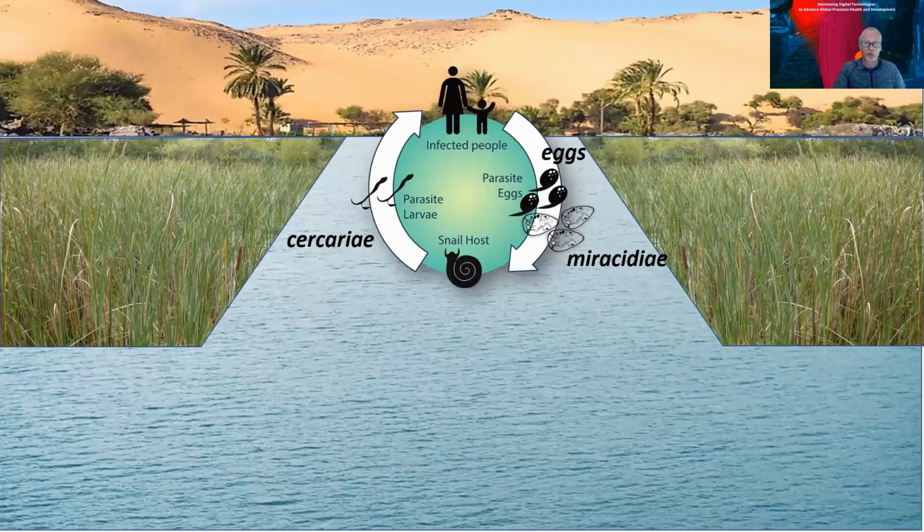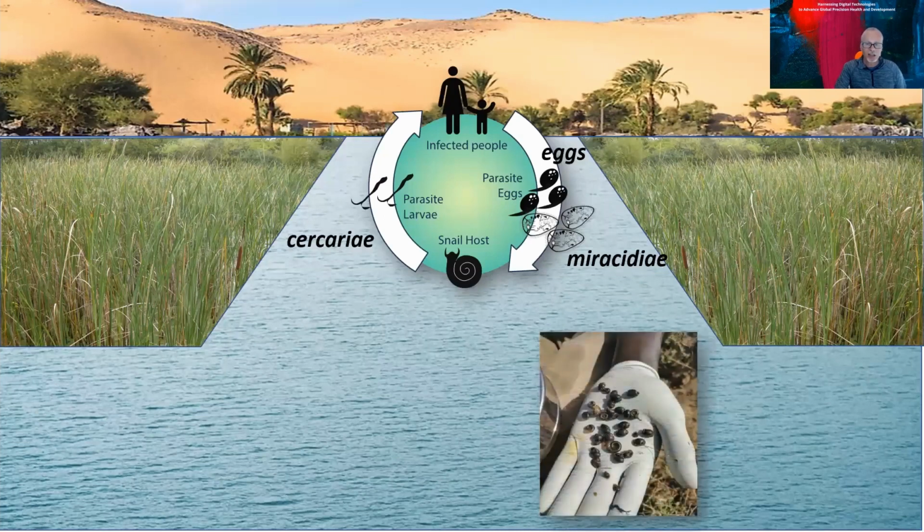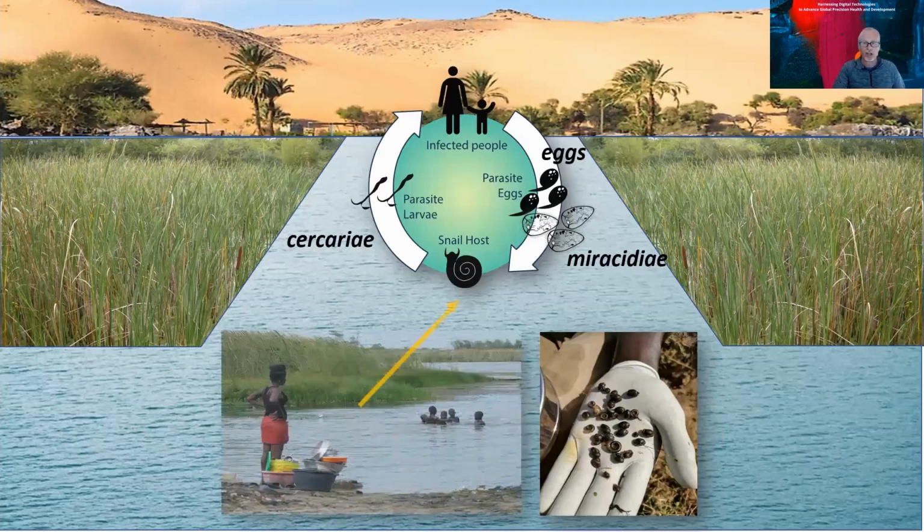It requires 2 hosts, the human host that you can see here, and a limited set of freshwater snails, the obligate intermediate host of the parasite. These snails are actually really tiny. They look harmless, but they are hijacked by the parasite and transformed into a factory of infectious stages called cercariae that are released in the water for several weeks after infection. So people get infected by stepping into parasite-contaminated water.